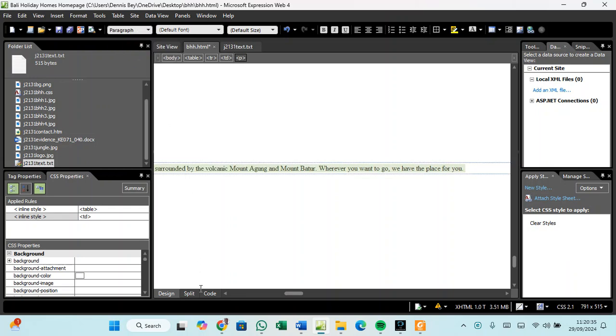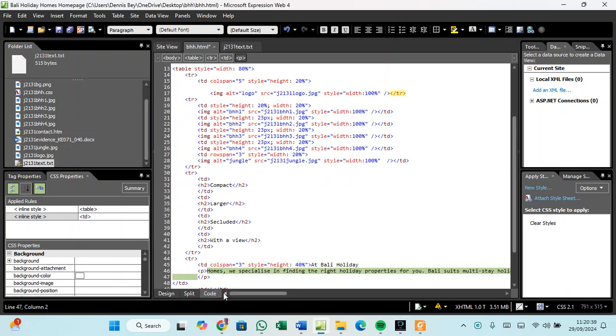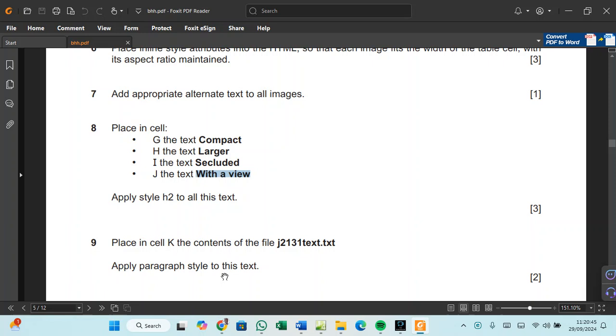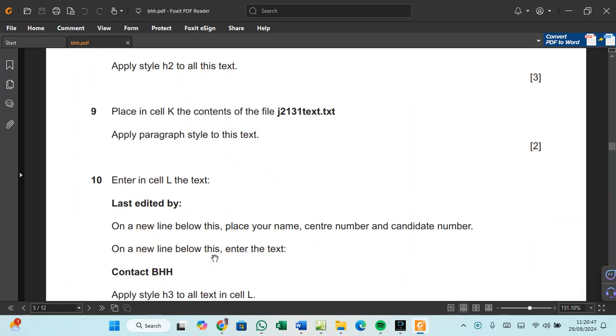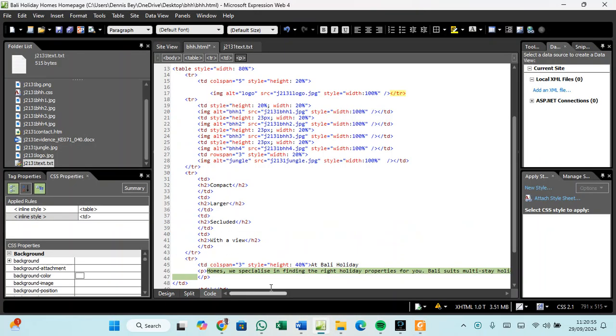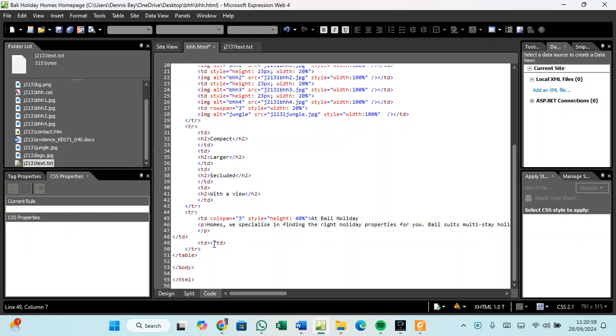Paragraph style. So I'll go to code. So I've already applied a paragraph style to it. So it has a paragraph style. And then sometimes with the code, you go to design to do it. And then those are 2 marks. In cell L, enter the text last edited by. So I'll select this one here, copy it, and then I come here, I go to cell L, eliminate it,